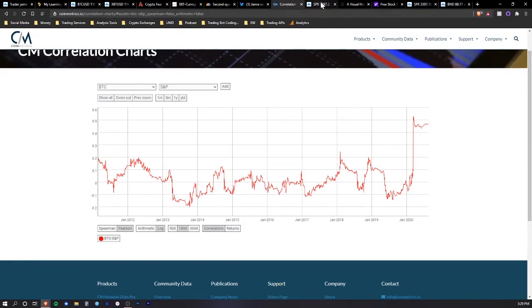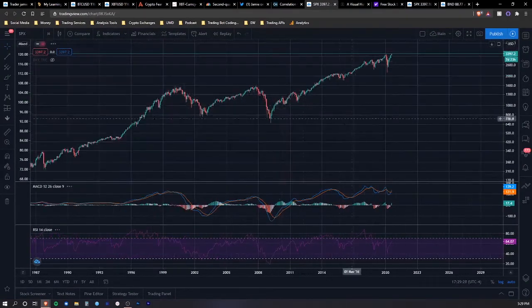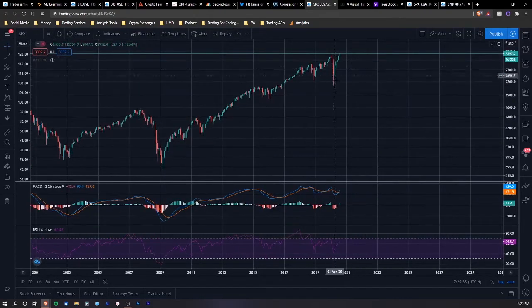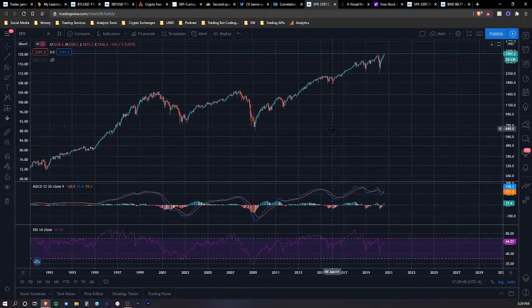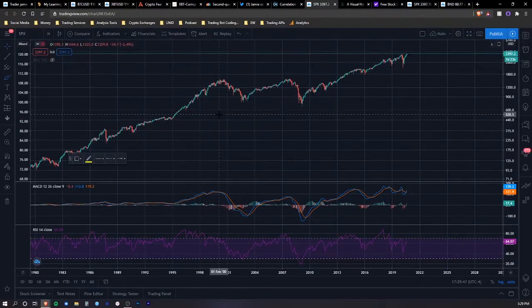Moving to a chart of the S&P 500 on a monthly chart. So this is long term. You can see here's the dot-com bubble of 2000. Here's the housing market crash of '08. And that's a little COVID crash right there. As you can see, steady growth. I'm going to take a paint tool. As you can see,